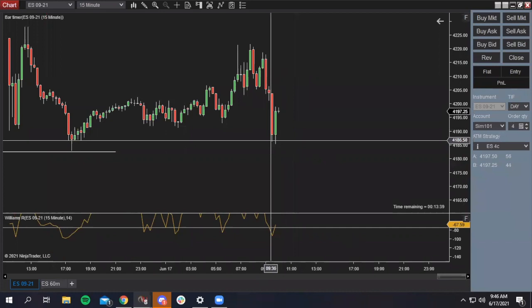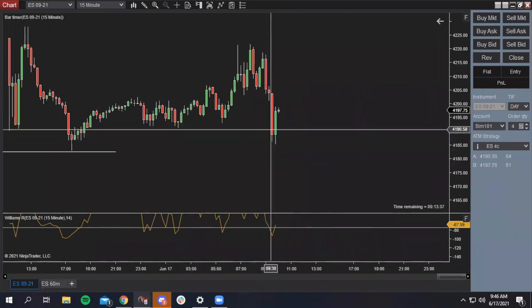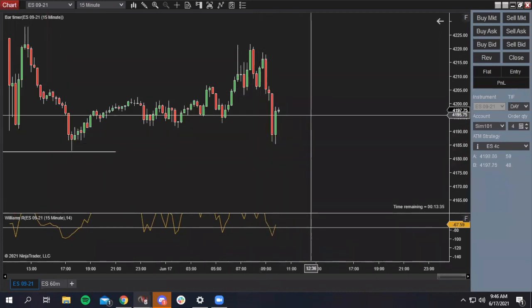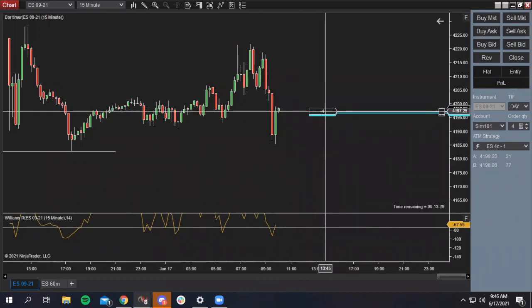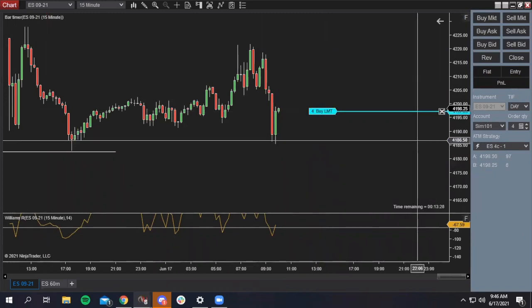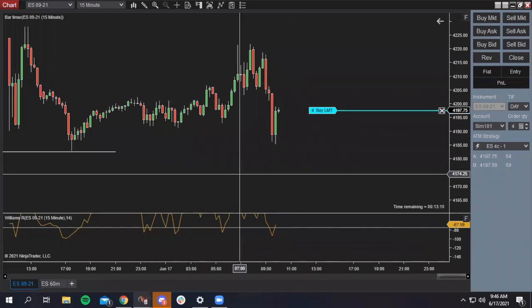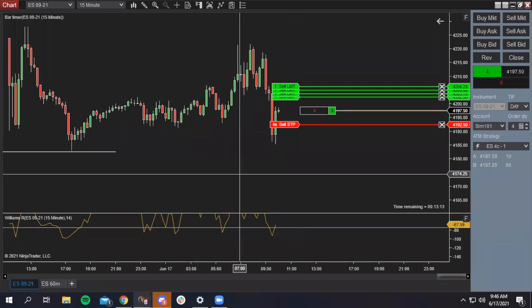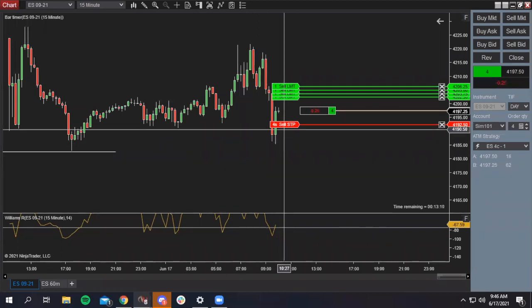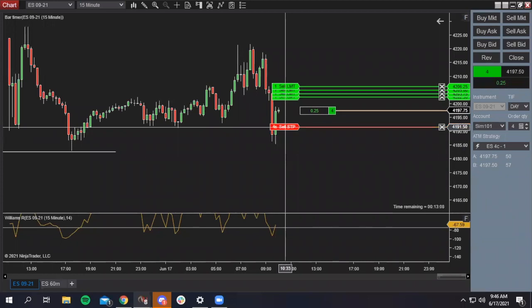So if I thought down here that the market was going to go up, I would buy the market. Essentially, if I wanted to get into this trade, I would say, okay, I'm going to buy the market. We're at this point, let's see, what is this? 13 minutes. So it'll probably pull back. I'll just leave it here if I think the market's going to go up. I would buy the market because I believe from 41.97 the price is going to keep going up. And once I get filled, you'll see this come out and say, okay, well, now